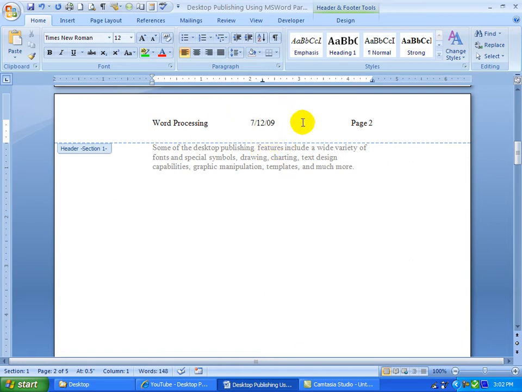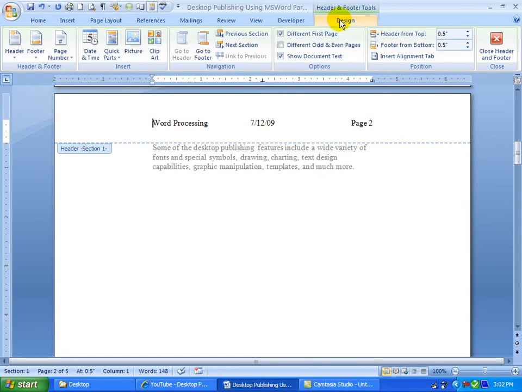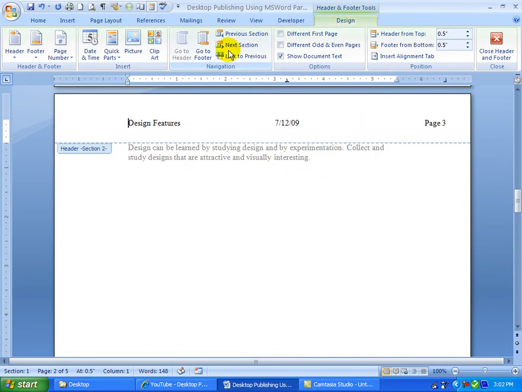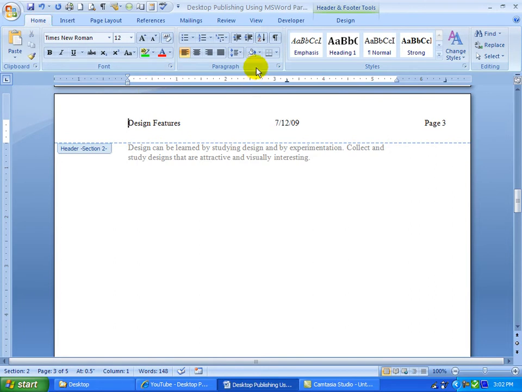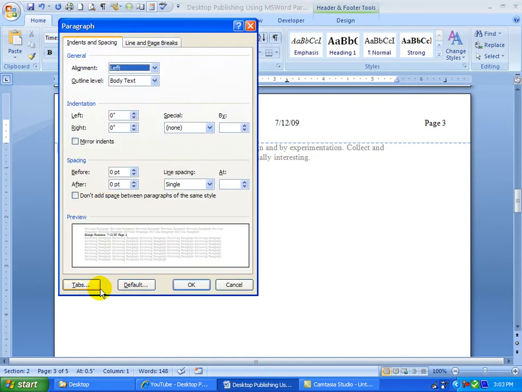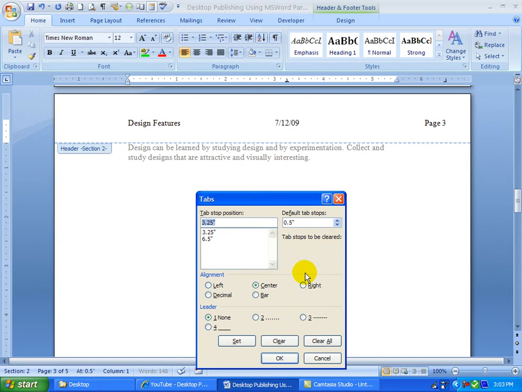Now to quickly get into the next section, I can just go to Design and go to Next Section, and here we are in section 2. Notice we've already turned off same as previous, so we don't have to do that again. And this time I have a 5.5 inch line, so I need a center tab at 2.75 and a right tab at 5.5. So going back to the Home tab, Paragraph, Tabs, Clear All,